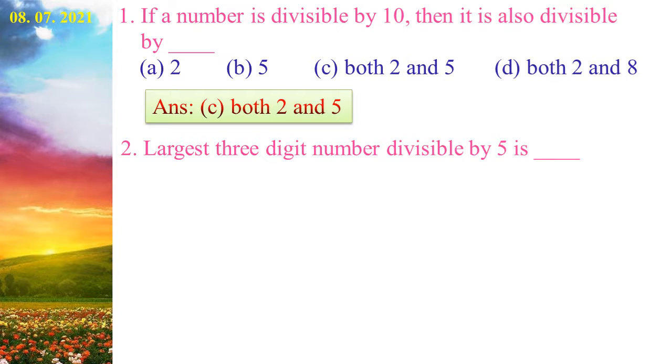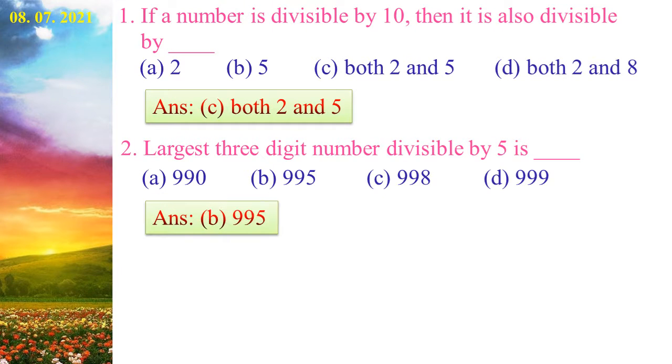Second question, largest 3-digit number divisible by 5 is dash. Option A 990, option B 995, option C 998, option D 999. Which is the correct answer? Yes. Option B